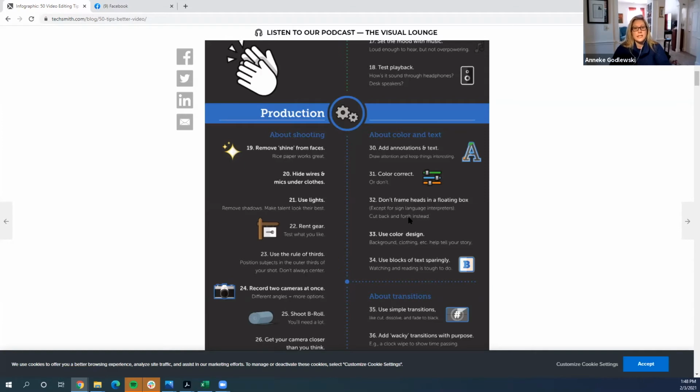About shooting. Number 19, remove shine from faces. Rice paper works great. Shine is something that the ladies sometimes find hard to get around, especially if you wear makeup or foundation. I don't wear foundation, so my face always appears shiny because I never have anything on it except moisturizer. But for you guys out there, if you're under a bright light and you can feel it beating down on you, and you feel like you have a sheen of sweat or perspiration,